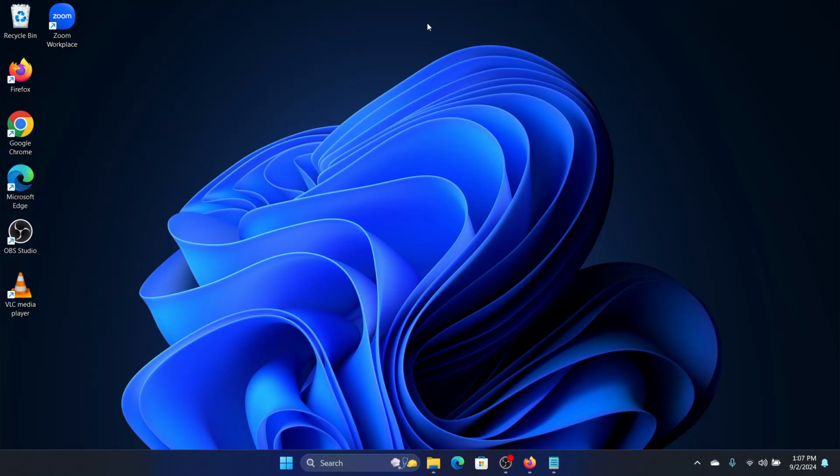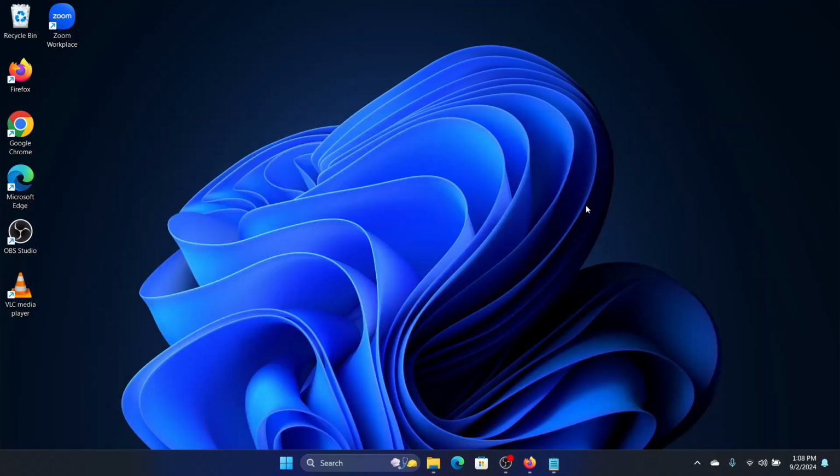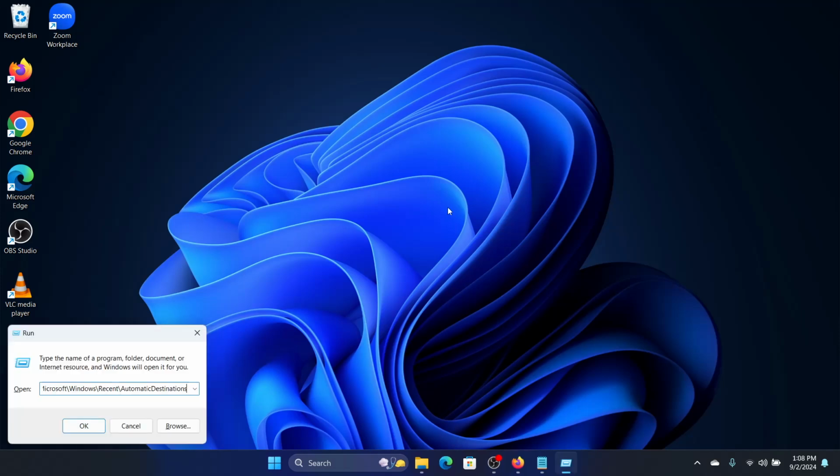Finally, if none of these solutions work, then we need to rebuild the jump list, and we'll do that by copying this command, which you will find in the description of this video, and we will open the run dialog box by pressing Windows and the R key simultaneously, and we'll copy this command here and press enter,